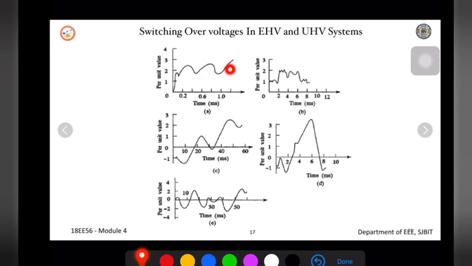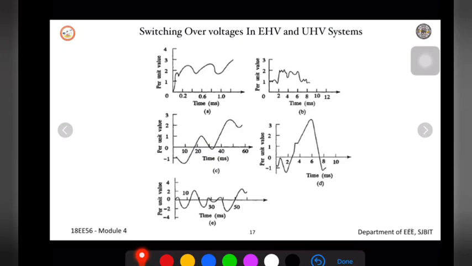And the second one is with respect to fault initiation, when the fault is initiated within the power system. In that case, you look at how the per unit voltage will vary with respect to time. And finally, figure C is the over voltage at the line end